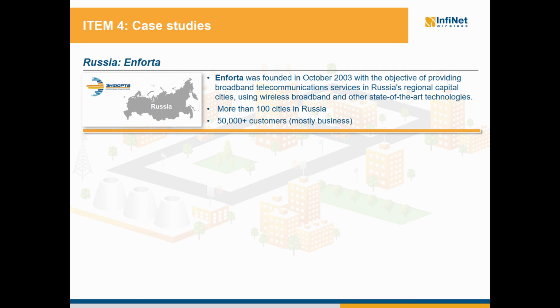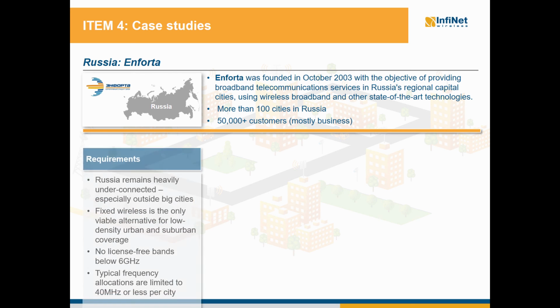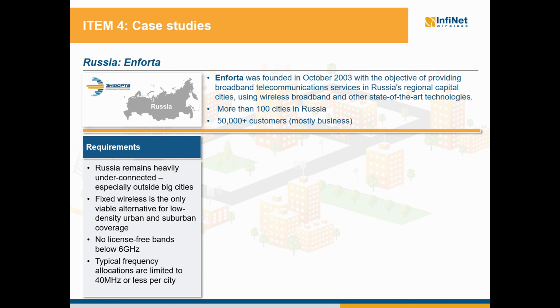50,000 customers, mostly business. As Russia is still underconnected, especially outside big cities, the fixed wireless solutions are the only viable alternative for low-density urban and suburban coverage. Also, there are no license-free bands below 6 GHz, and the typical frequency allocations are limited to 40 MHz or